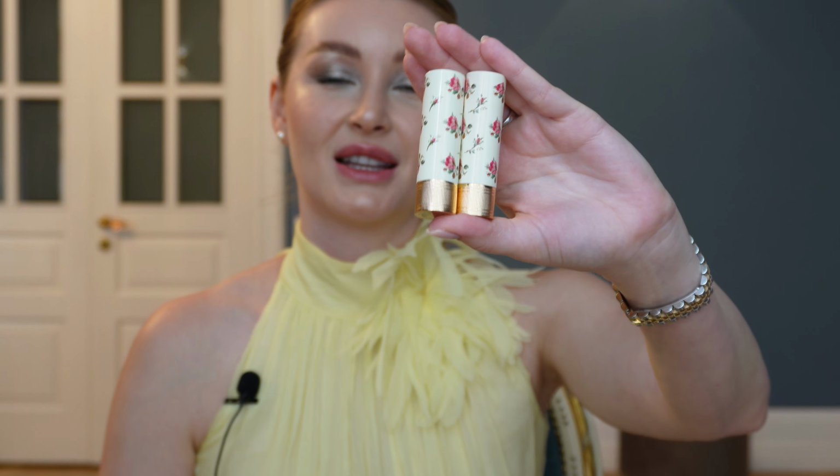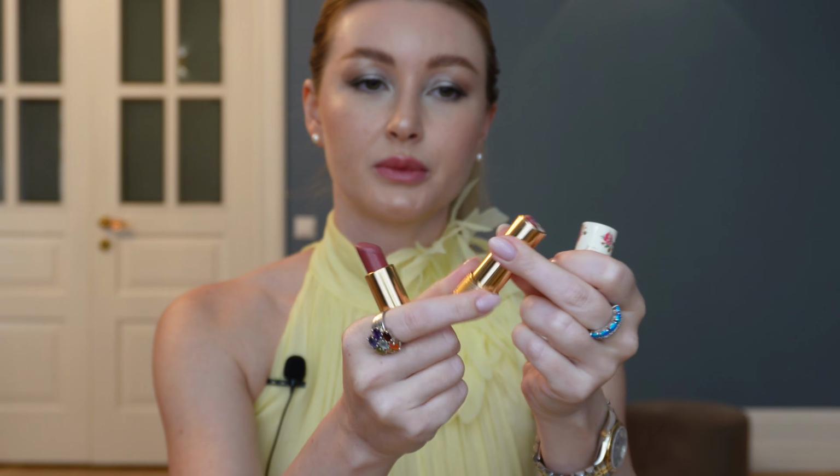That's it with this. The last product number 5, is the one that you can see on my lips. Is Gucci lipstick. So I have two different ones, a little bit different undertone. Basically they are both nudes. Here we go. See? Love so much these nude colors. They give